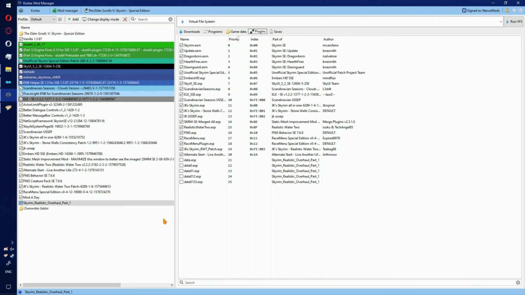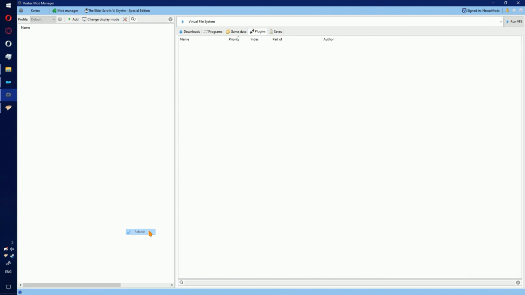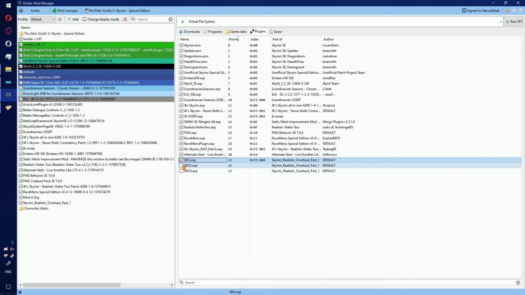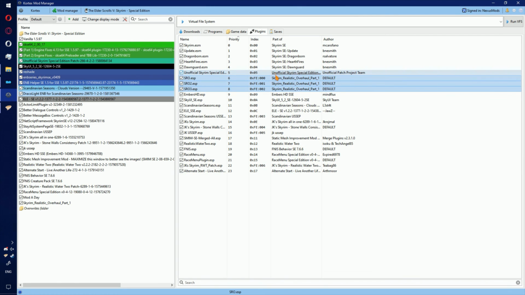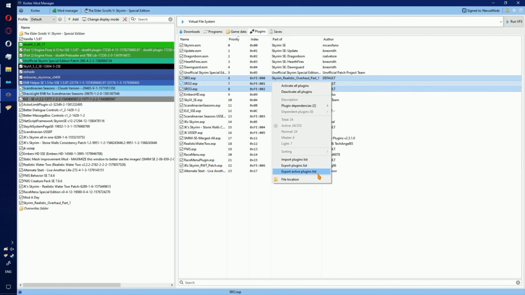If you use Cortex though, you'll need to enable it on the left, right click, refresh, go to the Plugins tab, enable all 3, drag them to the top. There is no automatic sorting at all in Cortex,